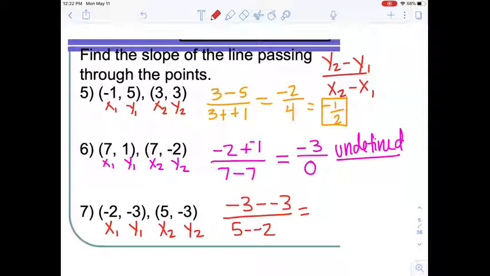So we have 5 minus negative 2. And then we just need to simplify. Negative 3 minus negative 3, those become both positive, so the top becomes 0. And then the bottom, those become plus. 5 plus 2 is 7. We have a 0 on the top,